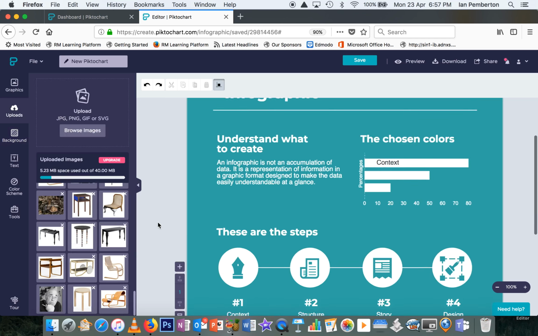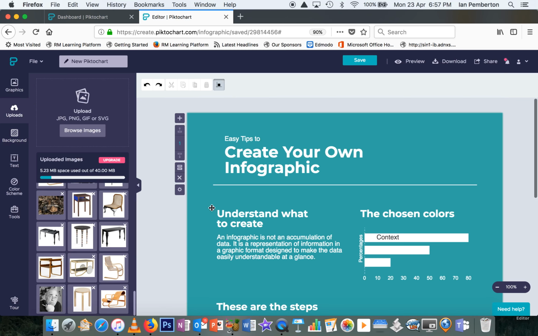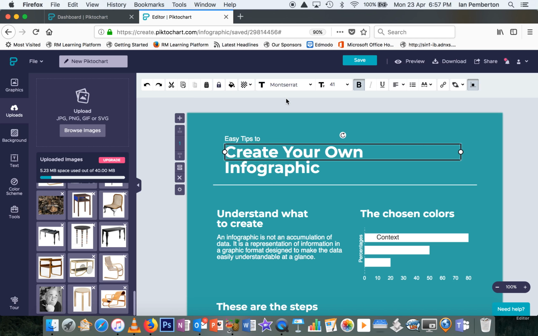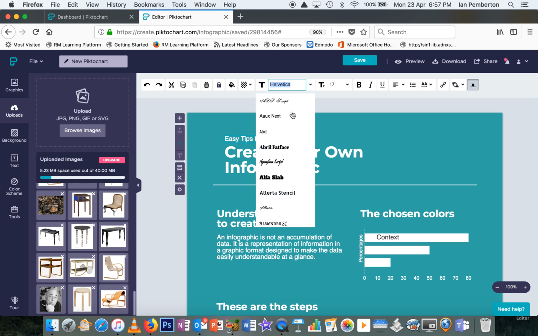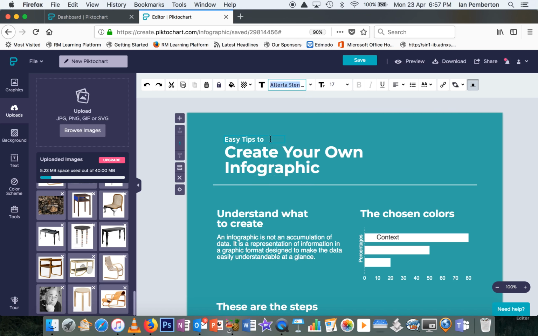So let's actually have a look then at how you might want to start. Well, the first thing to remember is don't use lots of different font styles. And if I click on this one here, I've decided that in there, I'm going to double click on that, highlight that, and I'm going to choose a font that I like to go in there. So not going too crazy. This Alerta stencil, I think I'll try that. I'm going to click in there and I'm going to put Alvar